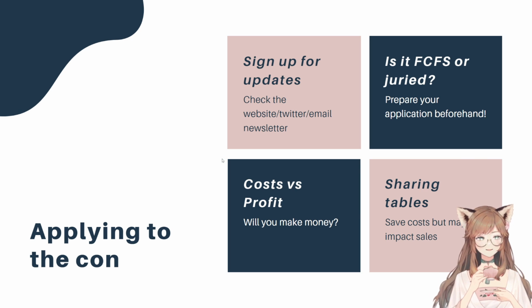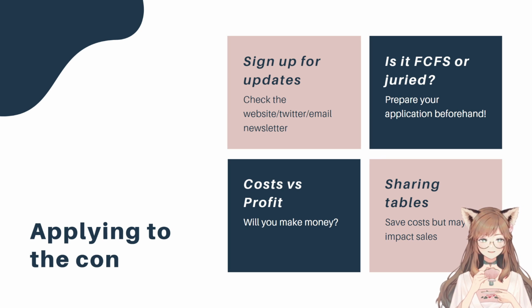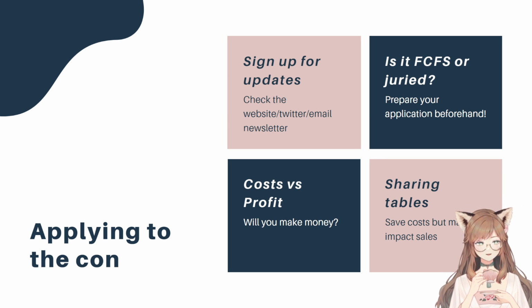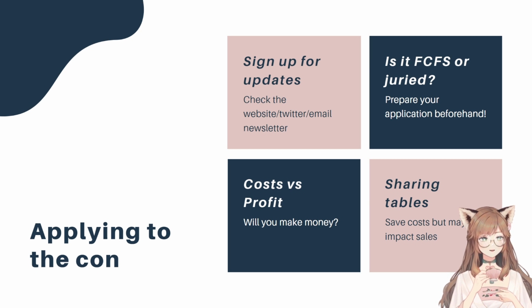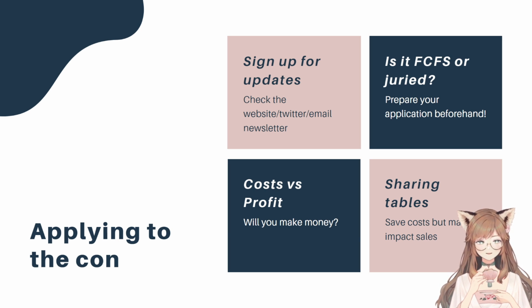Also, you have to think about maybe the table is expensive, but it's in the city that you live in, so you don't have to pay for travel or accommodation. That can also be a factor. For example, MCM tables are expensive, but I live in London, so I don't have to pay for a hotel. Whereas SunnyCon is very far from where I live. So I have to pay for a train ticket and also a hotel for multiple days. So the cost can add up even if it's a cheaper convention.